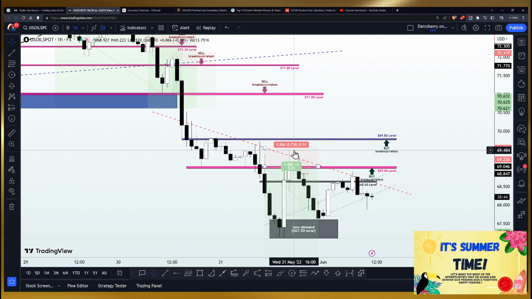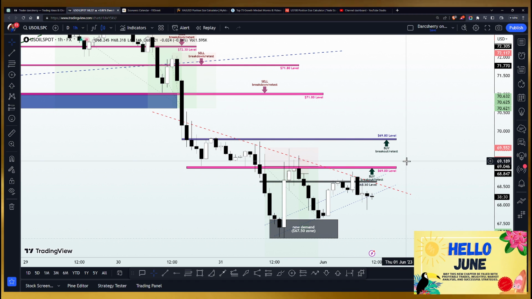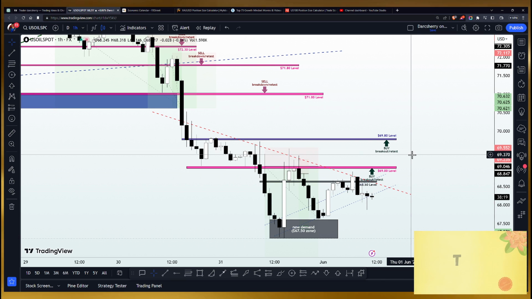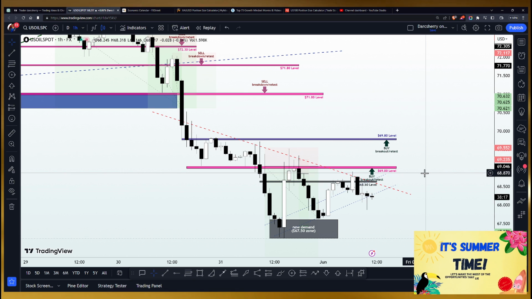So that is what we are going to be looking at on this chart to look out for buying opportunity on the USO spot. So we are looking for anything above the $69 area. Now, in as much as we're looking out for buying opportunity here, we cannot ignore the potentials of the sellers at this particular point in time. And considering the fact that price action has been bearish since the beginning of the week, let's look at what to look out for here that will give us an insight into a trend continuation to the downside.